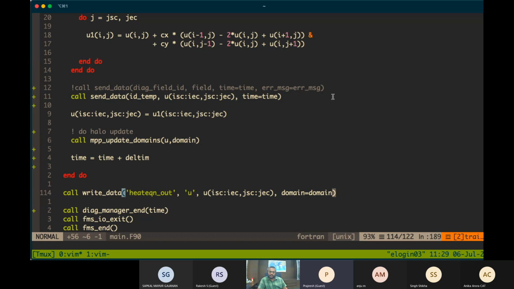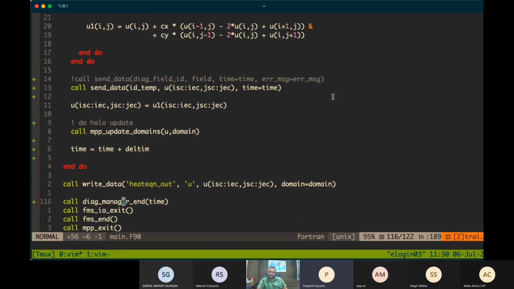But when you're implementing a proper output to get more control over the output, you need to use DAG manager. If you want, we can comment this out, or you can keep it also. You can just cross check.